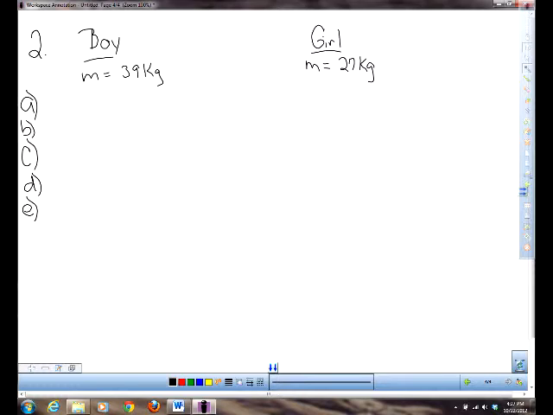Okay? So, first question asks, what is the acceleration of the girl skater? Well, we have to do final velocity minus initial velocity over time. The final velocity was given to us as 6.21 meters per second. They started off at 0, and the time was 2.7 seconds. Okay? So I'm going to go down here and get,